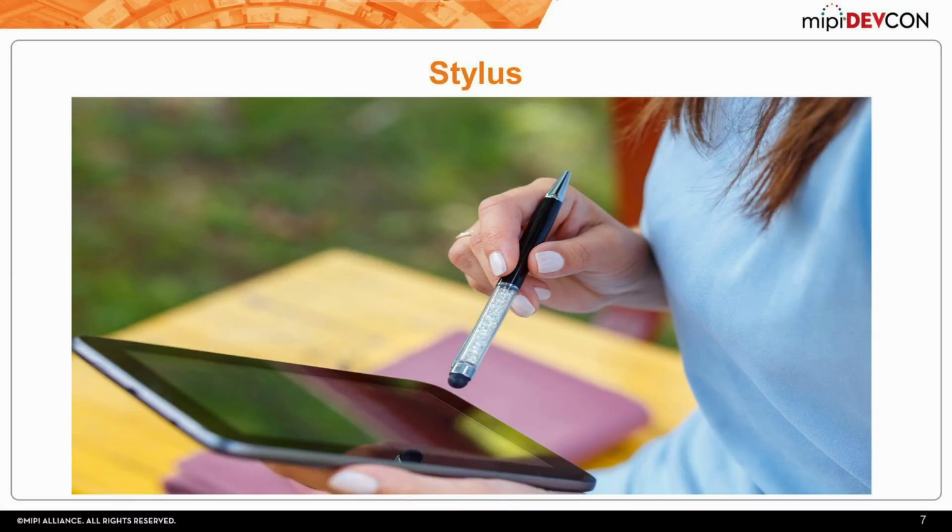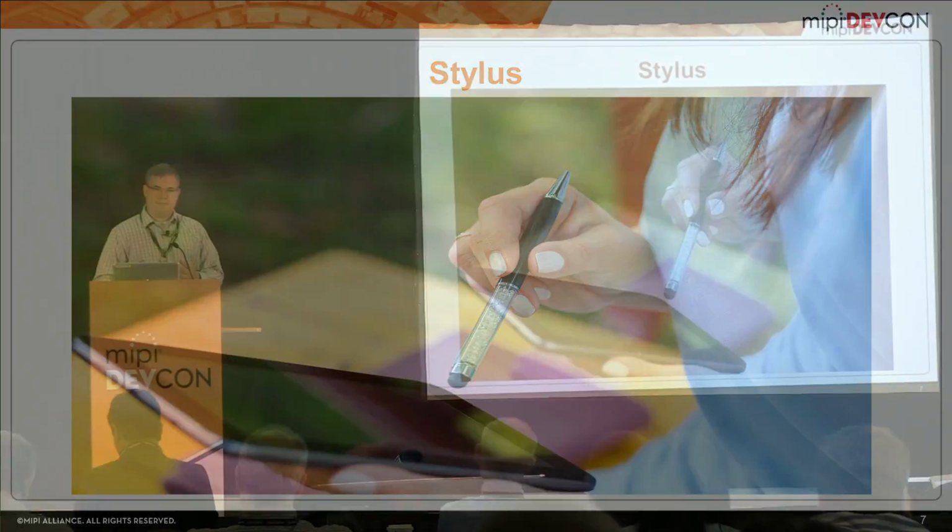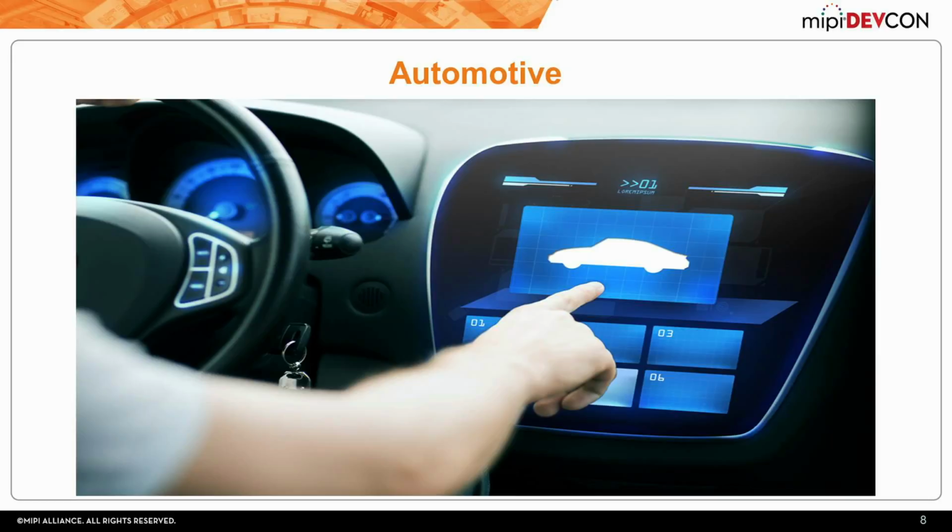Additionally, there's a desire to go for new use cases that aren't in the traditional touch space that you'd see in most general purpose devices. So there's a push for stylus, and some of that may be done passively, but it also may be done actively. And there are a number of other standards out there that are trying to do that, and they wanted us to make sure when we worked on the touch space, we were aware of what the other standards were doing and we were not conflicting with them, that we understood their requirements and included that in the standards that we worked on.